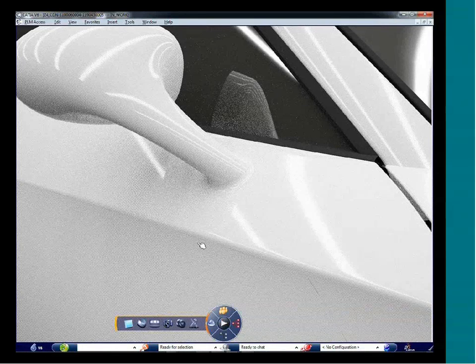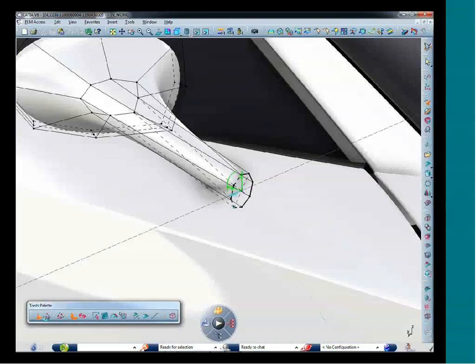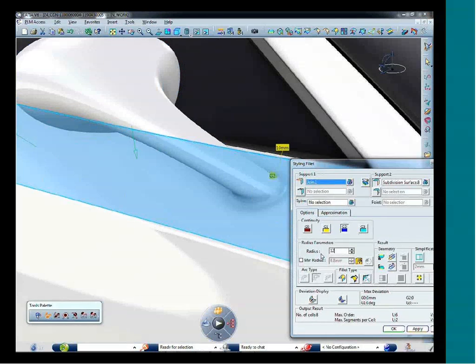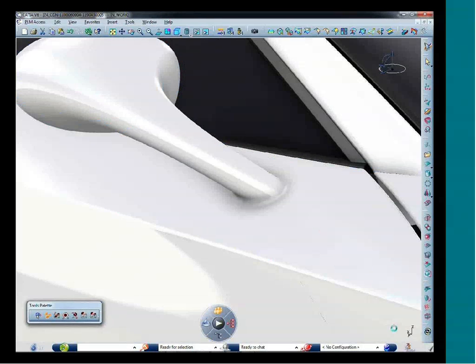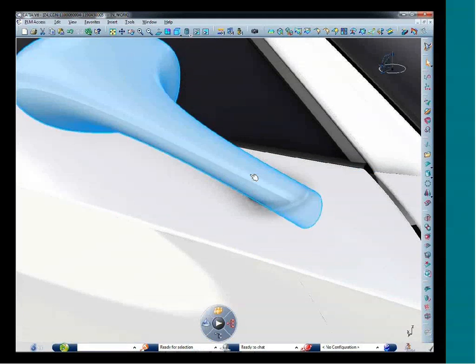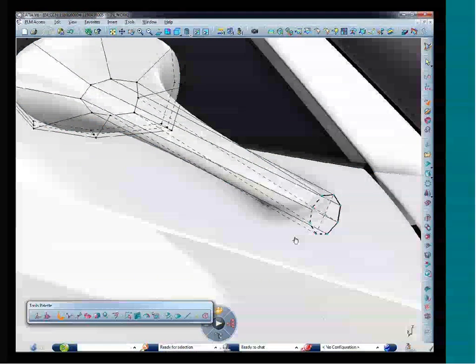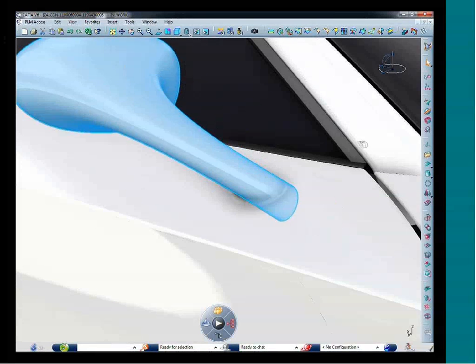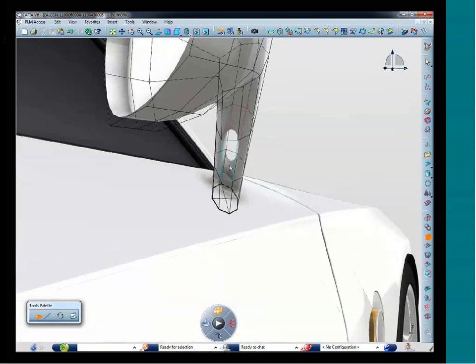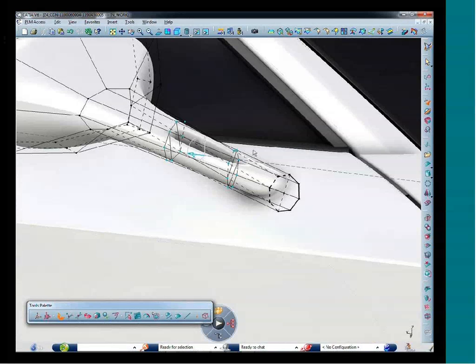And because we keep the associativity of everything, now we can move around the side mirror, and all this complex fillet will be recomputed. We could also change the size of the fillet and also the quality up to G3 at any time and keep the associativity. So it's a very, very powerful solution to iterate, to change the design, and to check what we want to do. The other thing that we can do very easily with subdivision surfaces technology is to add